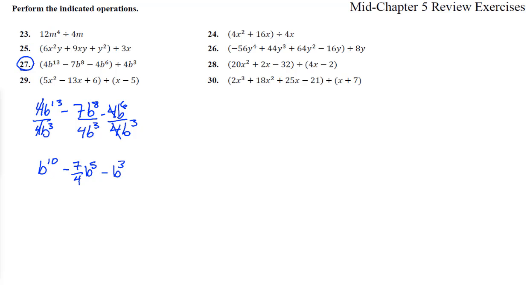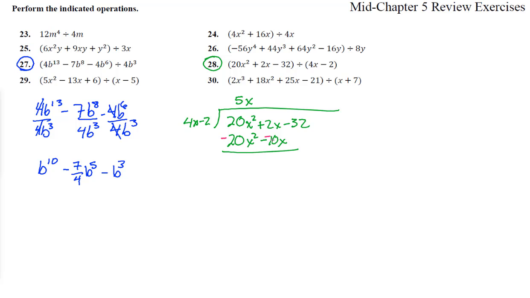All right, number 32. Not 32, number 28. We've got 20x squared plus 2x minus 32 divided by, now this is a binomial, so we have to do the long division. 4x minus 2, and 4x goes into 20x squared 5x times. 4 goes into 20 five times. Then x to go into x squared needs another x. So 5x times this binomial, and we get 20x squared minus 10x. Don't forget, we subtract,